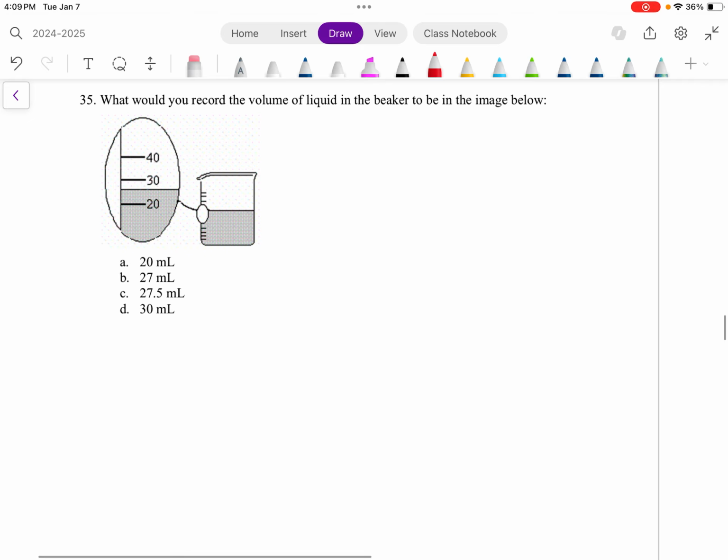And then what would you record the volume of the liquid to be? Remember, you can always guess one more digit than is marked on the device. Okay, and so the best answer here would be 27 because every 10 is marked. So you can guess every 1, which would be 27. So that is